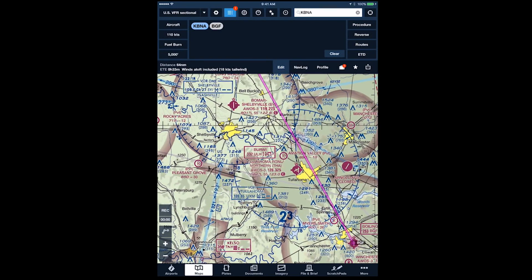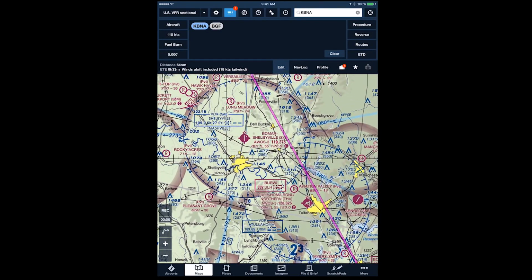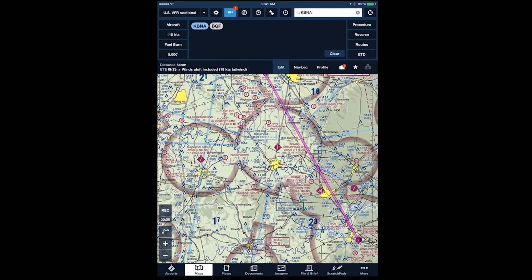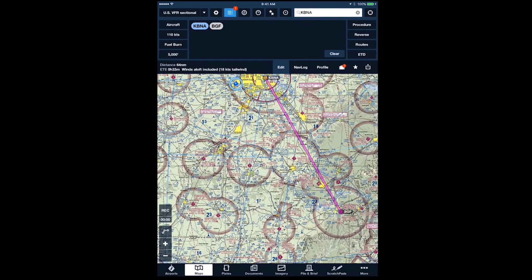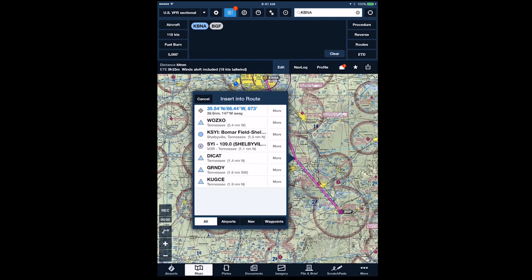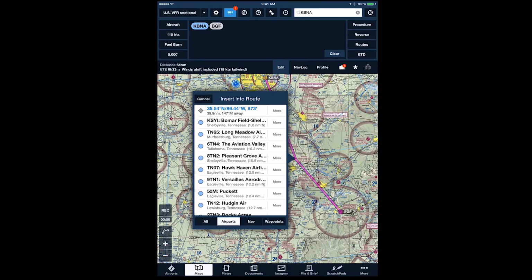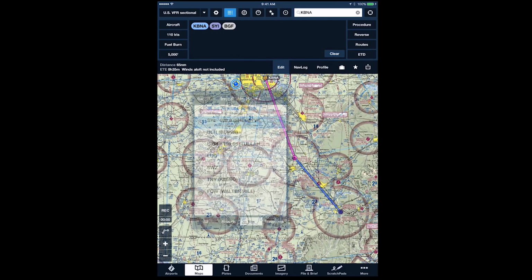And now we also can use the rubber band feature of flight planning. So let's just click and drag our line over to the Shelbyville VOR. And down at the bottom you see it says all, or nav. We want to use the nav, and we want the Shelbyville VOR. And the other one was the